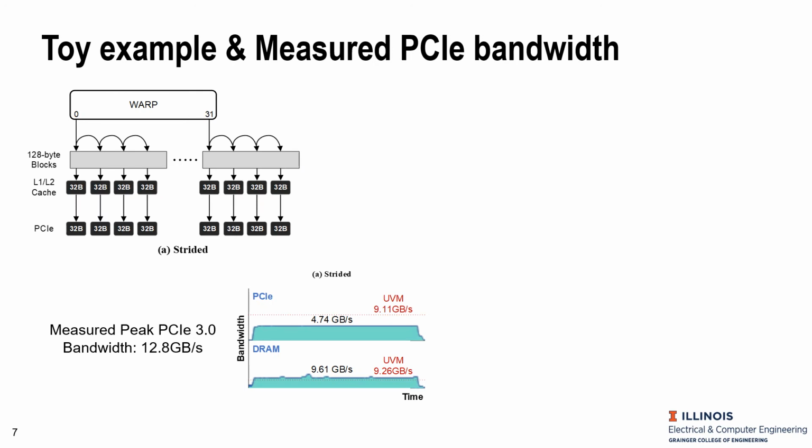The first strategy is to let each thread sequentially access a single large chunk of data. In this case, we observe that each thread ends up generating 32 bytes of requests over PCIe. If the data type used to access is 4 bytes, then this means each PCIe request can serve up to 8 sequential accesses. When we look at the bandwidth measurement of this method, the PCIe bandwidth is far lower than